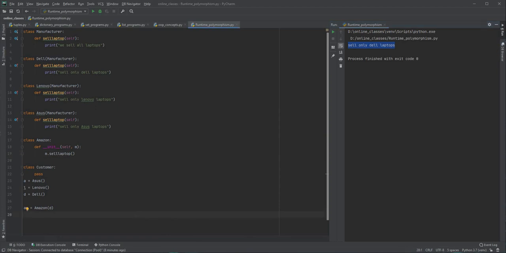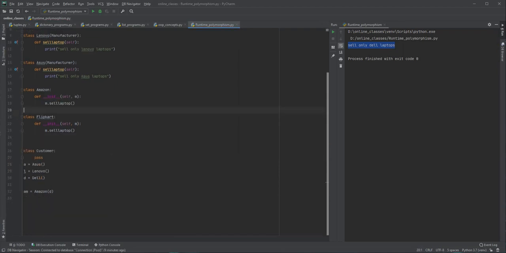Now just like this Amazon class, let's say we go to some other company called Flipkart. So here let us create that Flipkart class. This Flipkart class also has its own constructor.